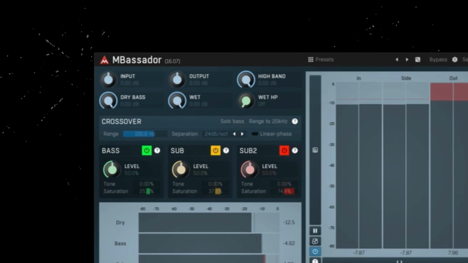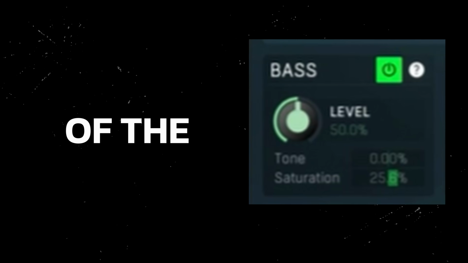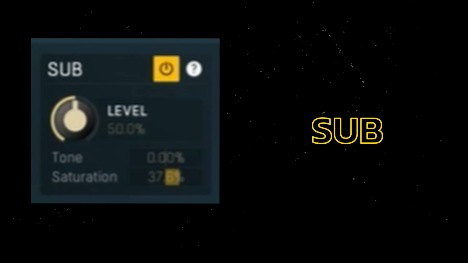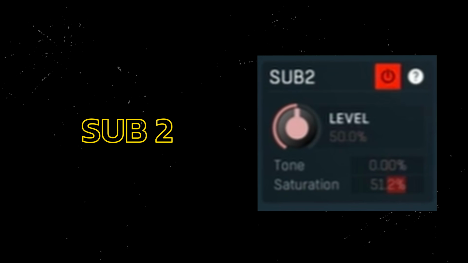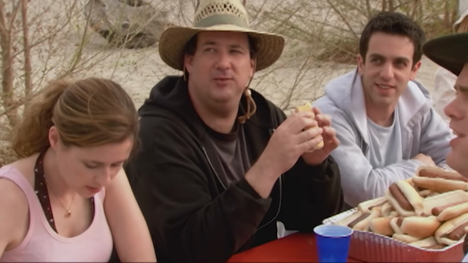The bass setting grants you a resynthesis of the original bass, while sub generates a sub bass an octave below the original. But wait, it doesn't stop there. Sub 2 goes even deeper,